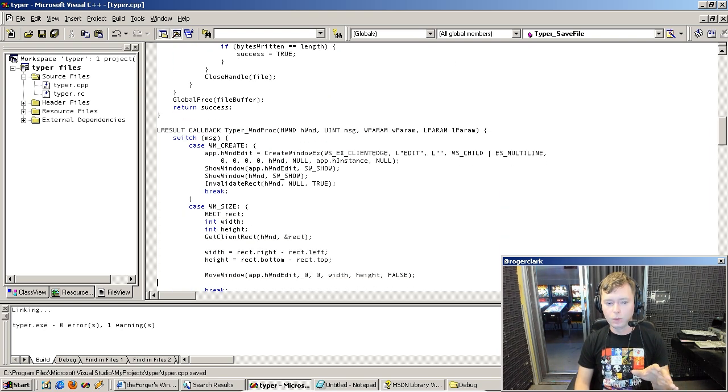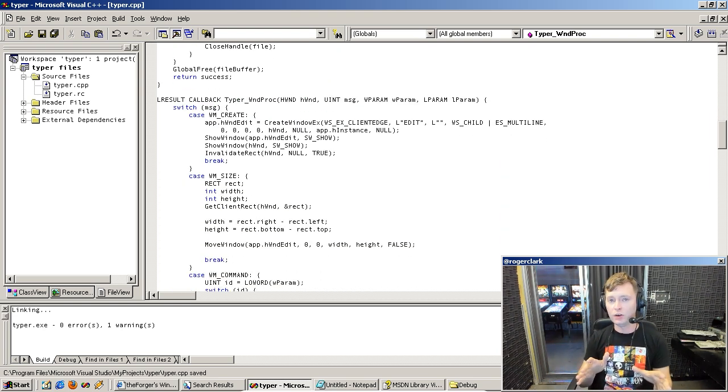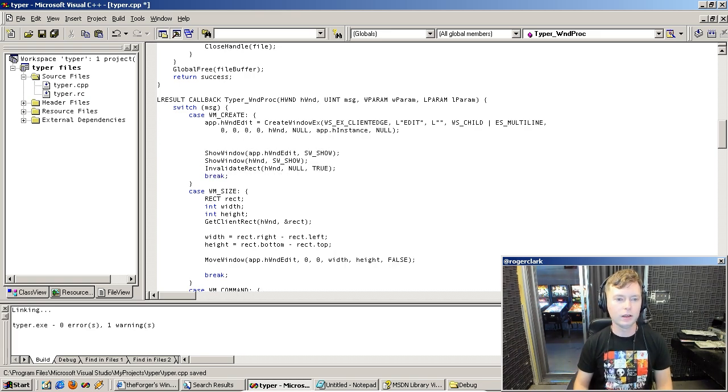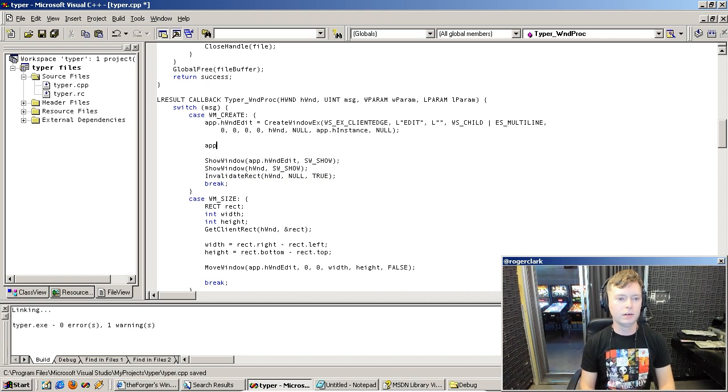So now this means that whenever our application loads, we will have a default font, and whenever we start up, we're going to have to give Windows this font information and say to the edit control that we should use the font that we just loaded, whether that was the default one that we specified if it can't load it, or the one that we got loaded. So here we're going to do that in the WM_CREATE call. We are going to say app.hfont equals